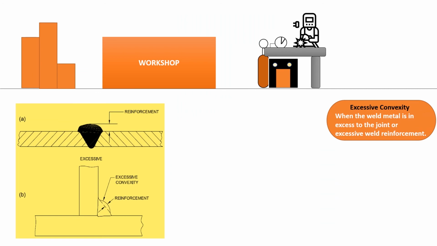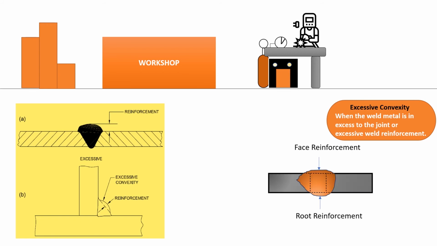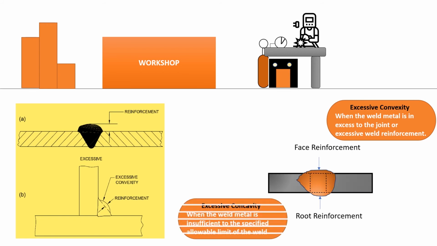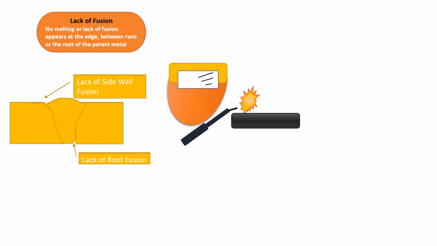Excessive convexity. When the weld metal is in excess to the joint, or excessive weld reinforcement. Excessive concavity. When the weld metal is insufficient to the specified allowable limit of the weld. Lack of fusion. No melting or lack of fusion appears at the edge, between runs, or at the root of